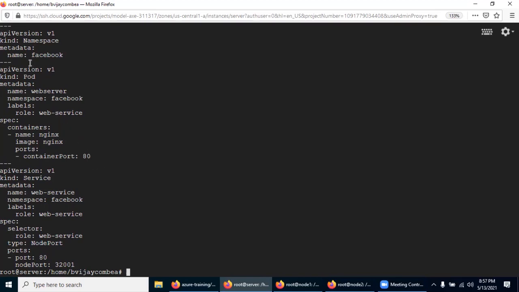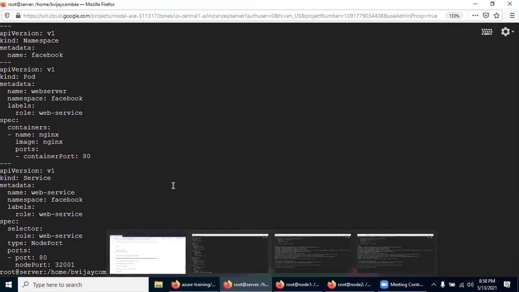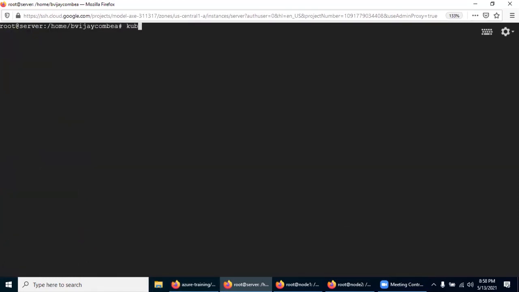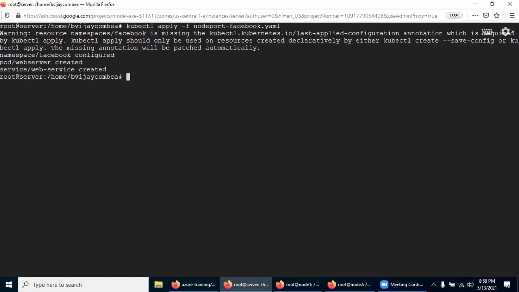Basically, we are creating one container and exposing it via a node port service. So how do you apply this file? kubectl apply, which file? Node port. So I'm just going to apply it.